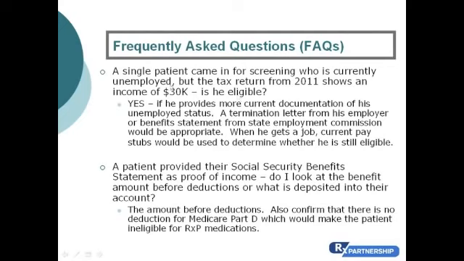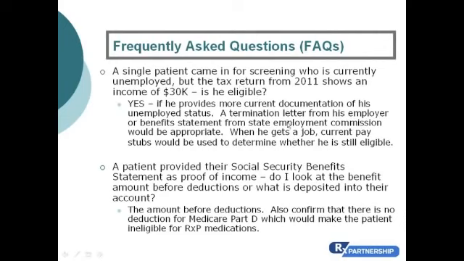In Virginia, it's VEC, the Virginia Employment Commission, but whatever your state employment commission is called, oftentimes they'll do a letter maybe showing unemployment benefits for a period of time. That's the kind of information that would be more current than a tax return and be able to have that person shown as eligible. So in this case, with Social Security benefits, they've provided their benefit statement, which is perfectly